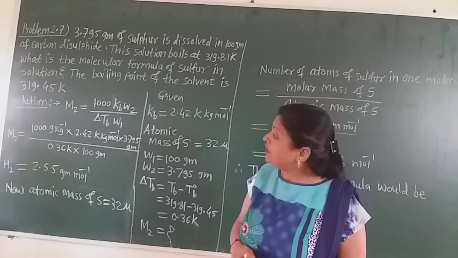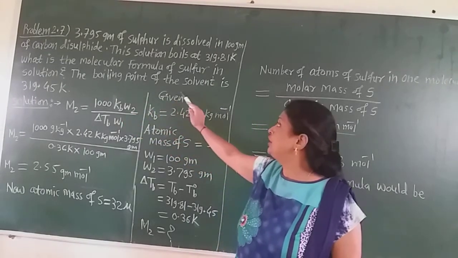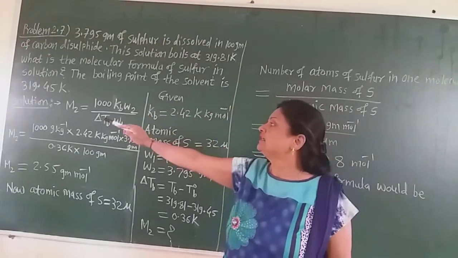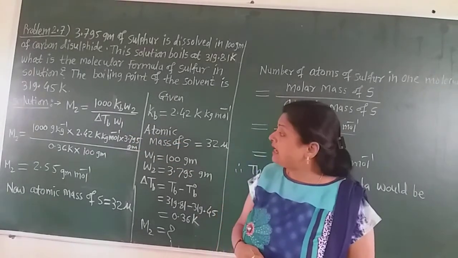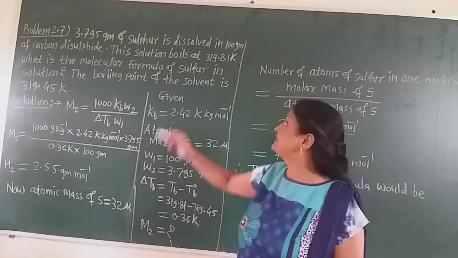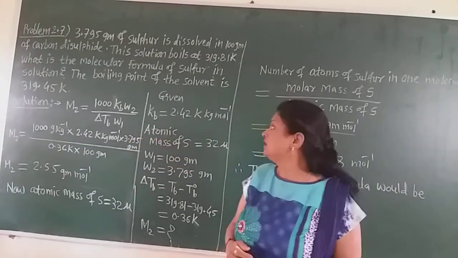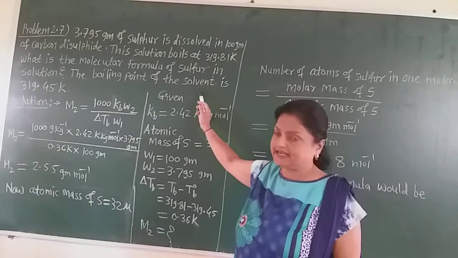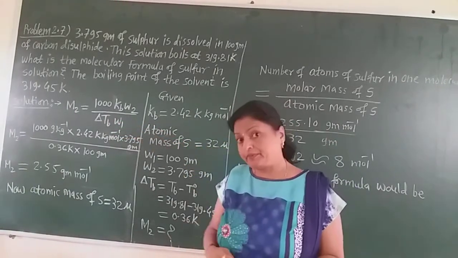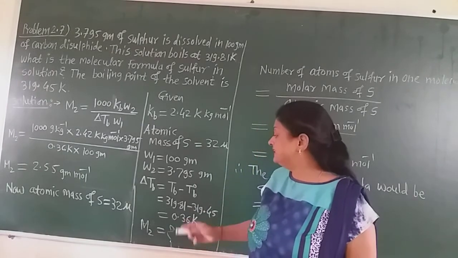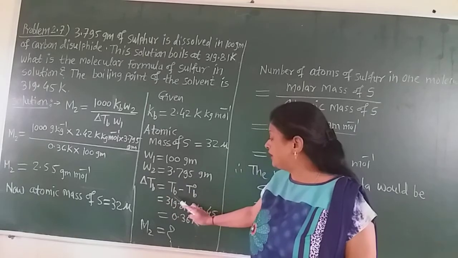So what is the molecular formula of sulfur in solution? The boiling point of the solution is given, that is 319.85 Kelvin. Now as we know, a solution boils at a somewhat higher temperature than the pure solvent. The boiling point of the solvent, that is carbon disulfide, is given as 319.45 Kelvin. Now in this way we can calculate the delta Tb, that is the elevation in boiling point, by